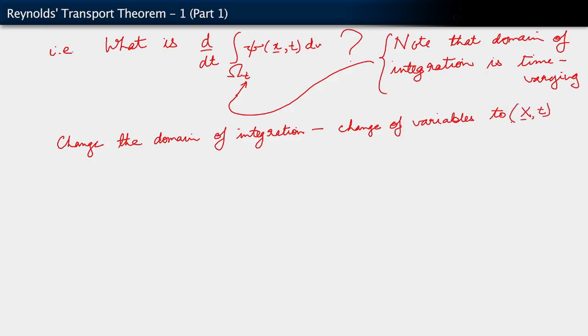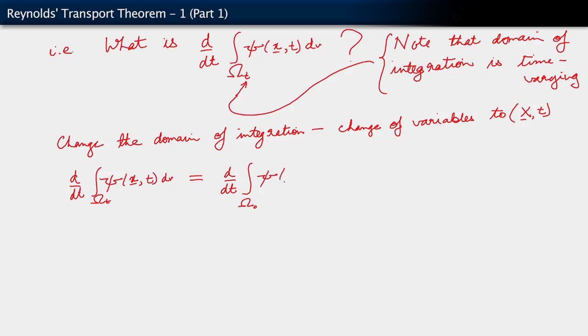Okay, that's what we're going to do. Change variables to the reference configuration. The way we do this is the following. We say that d/dt of the integral over Omega_t of psi(x, t) dv, which is what we are confronted with, can also be written as d/dt of that integral over the reference configuration, via a change of variables. Instead of integrating over Omega_t, I'm going to integrate over Omega_0, remembering that